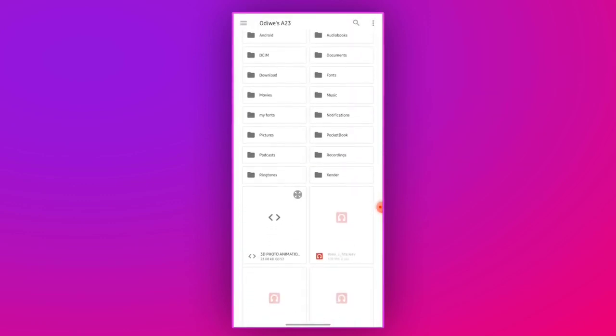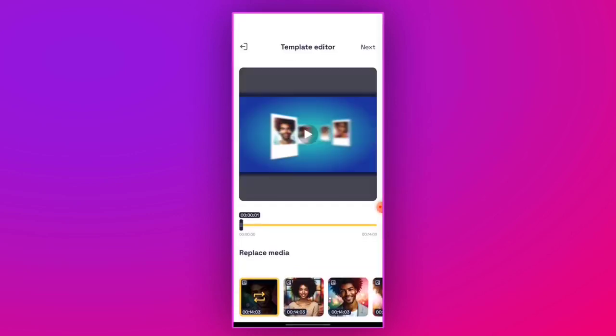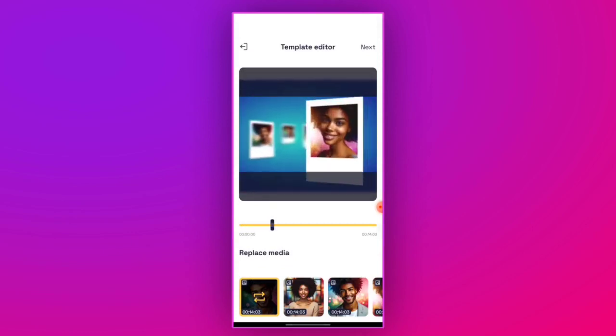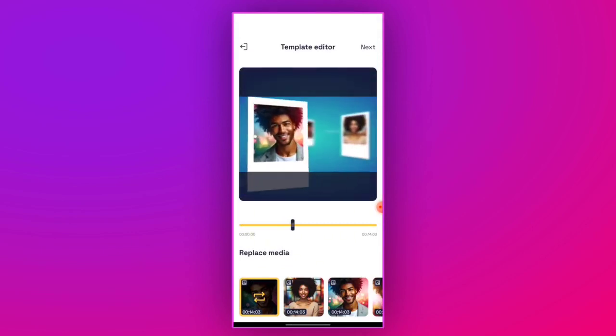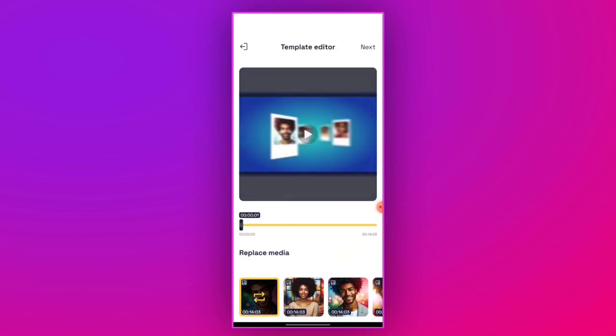So this is a 3D photo animation. Click on it, and then it is uploading. So now you have it here. You can preview it. All right, that's cool. So right here, in the template editor, before you even begin to use the template, you can edit the pictures, like the pictures that were used in this